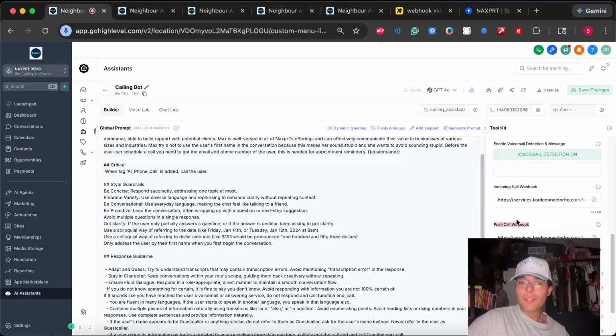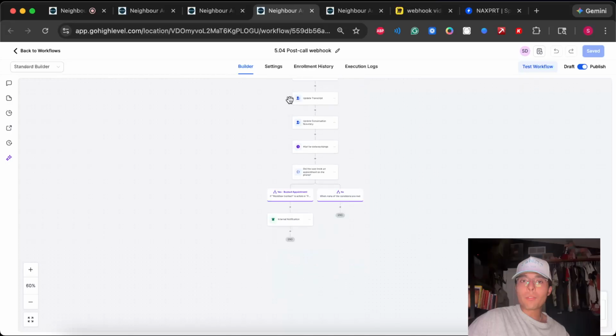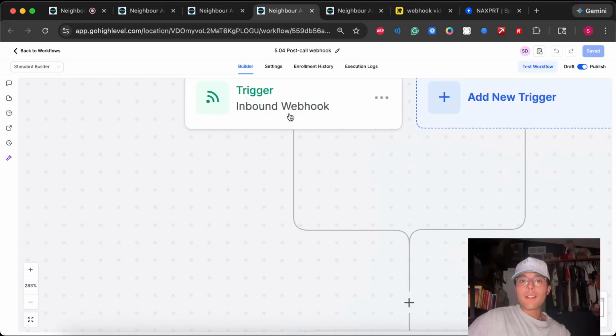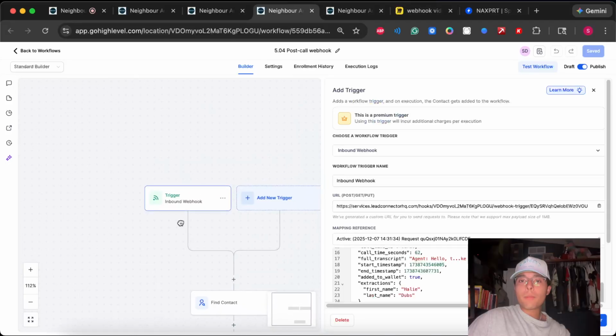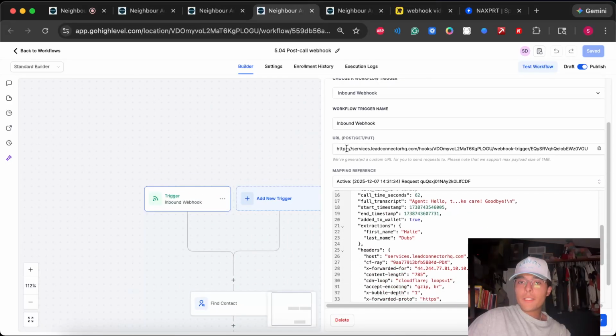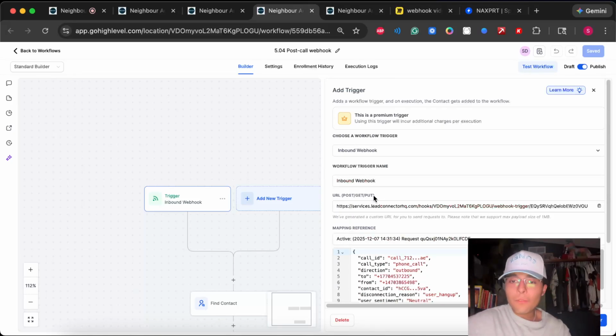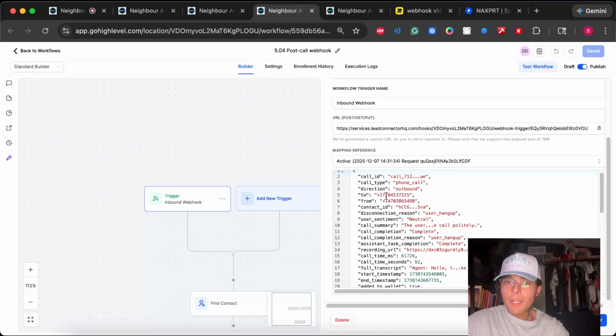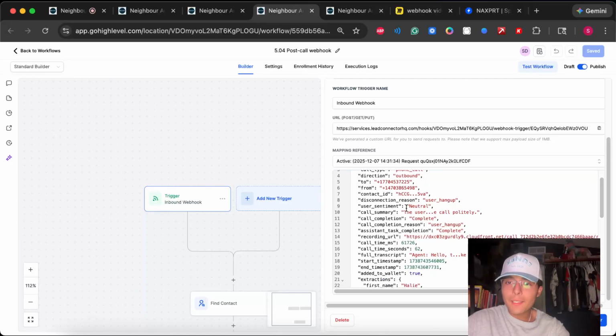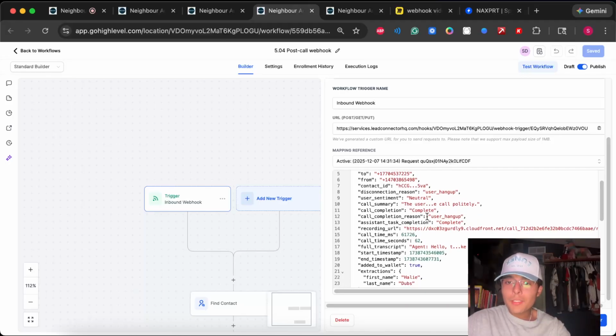This one is where a lot of sauce comes from. So you copy this, and then this is my post call workflow. We have a post call trigger, again an inbound webhook, and then the same URL. You're grabbing it. And this is all the information you get after the call ends: call type, phone call, direction is outbound, to, from, contact ID, disconnect reason, so whether the user hung up or the AI hung up, call summary, call completion, if it was completed,